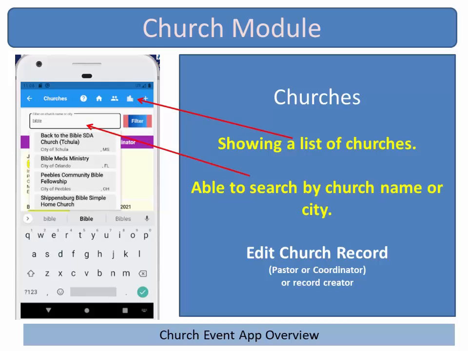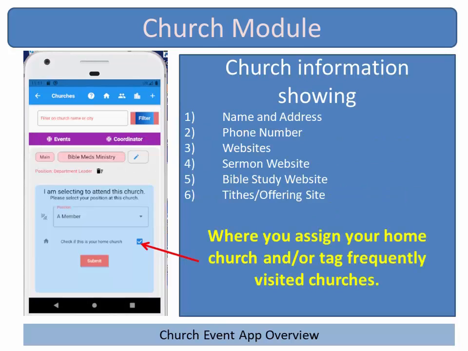If you can't find one, then you click on the plus and add your church information there. Once you find a church and you click on it, it will go over to where you would assign the church as your personal church. So once you do that, just select from there whether you're a member or whatever post you have in the church itself, and then make sure you check the box that says home church, where you assign your home